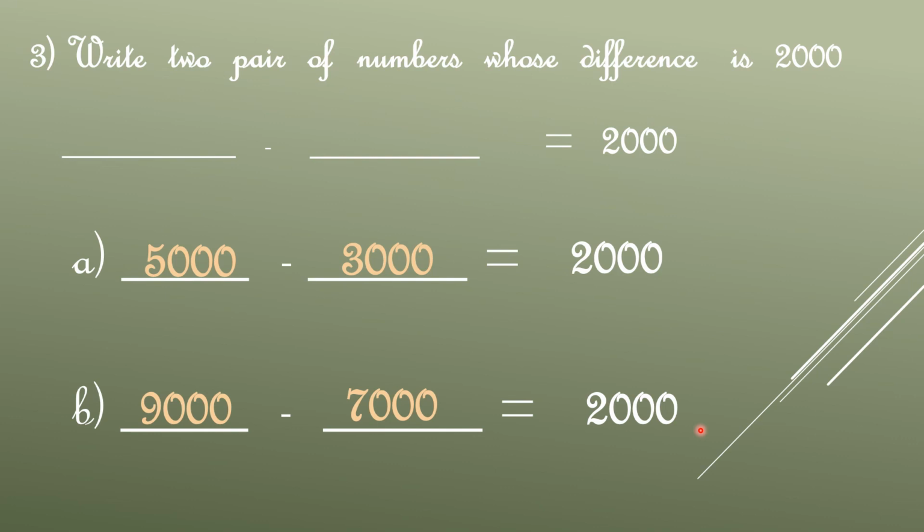So I hope children you have understood how to subtract horizontally and also how to find a pair of numbers whose difference. I hope you remember difference. Remember children, difference is subtraction. You subtract. So difference is minus. So this is how you get the answer. So I hope children you have understood. In the second video, teacher will be teaching you how to subtract vertically. So for now, please remember this and practice these sums.